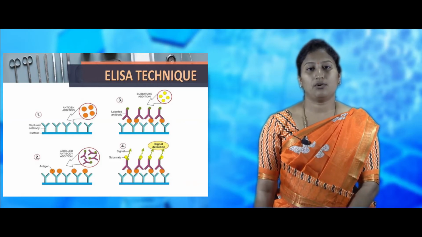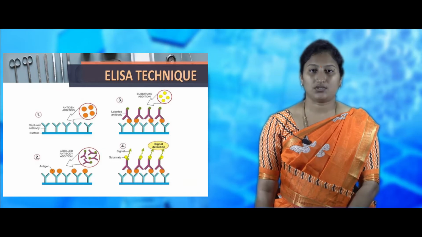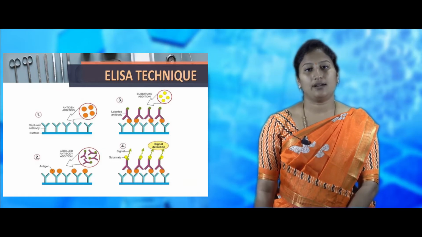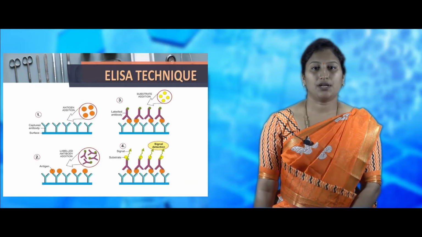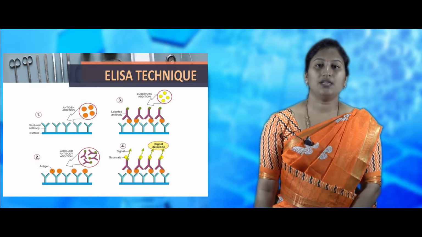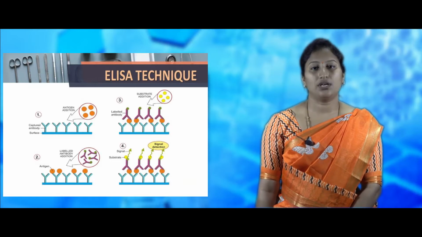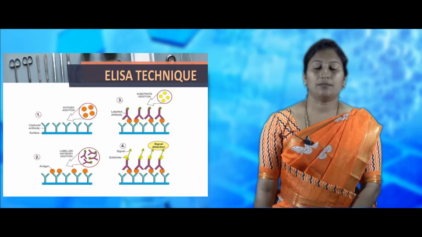Once the labeled antibody is attached to the antigen, substrate is added. The substrate then binds with the antibody. The signals from the attached substrate are detected in order to monitor or indicate the presence of antigen-antibody binding